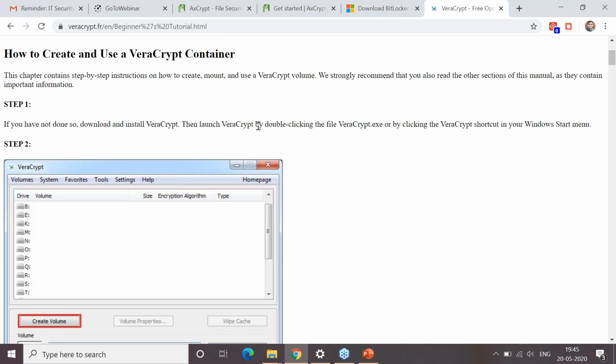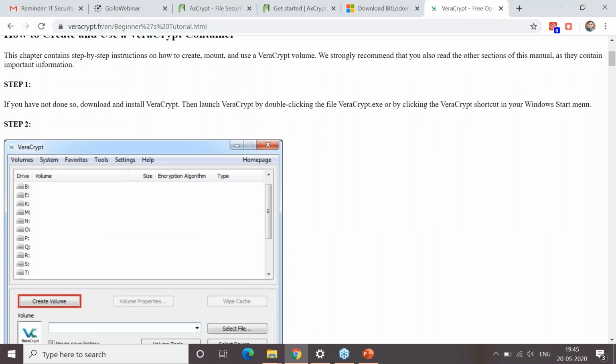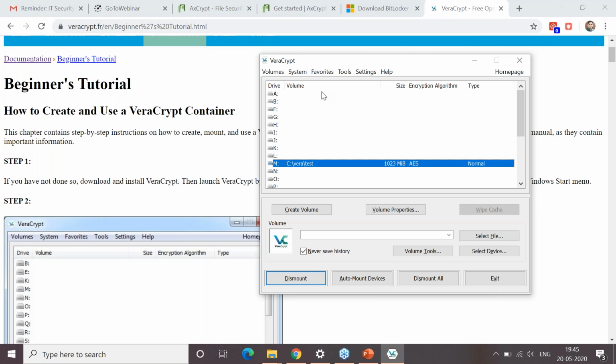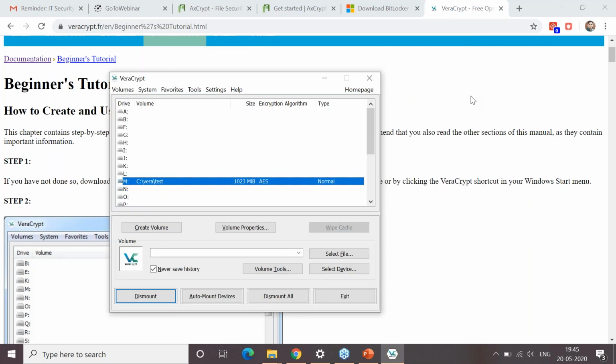All right. How to work on VeraCrypt? So that is another part. Now, this is the VeraCrypt tool which you can see on the screen. This tool will help you to create an encrypted volume or a disk on your system. Till you are logged into the system and till everything is fine, no problem. In case you lose your hard drive or in case somebody tries to access,